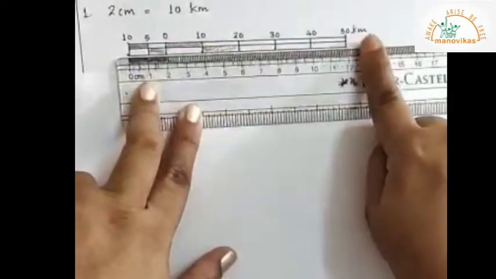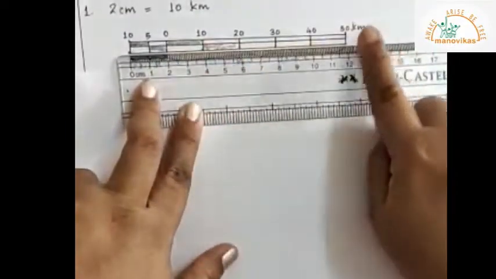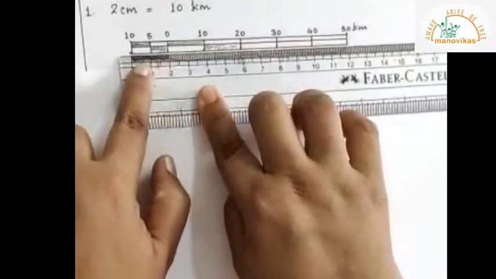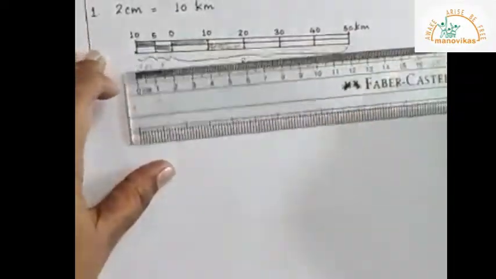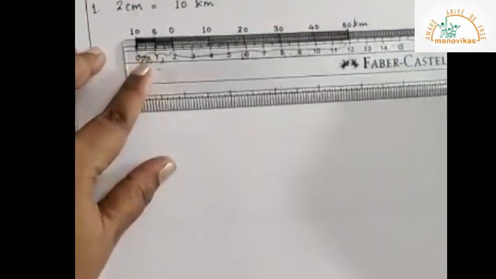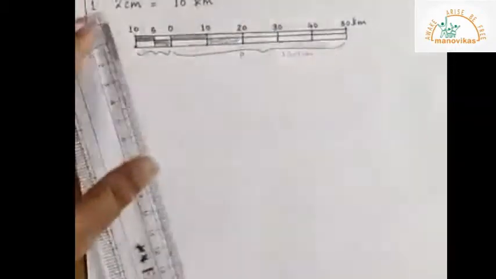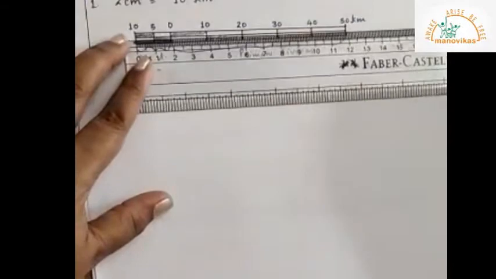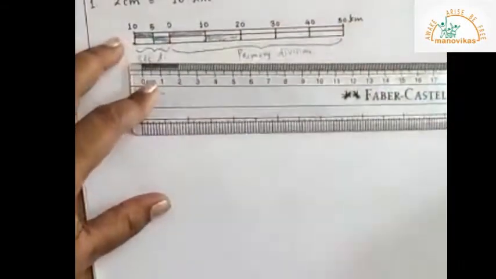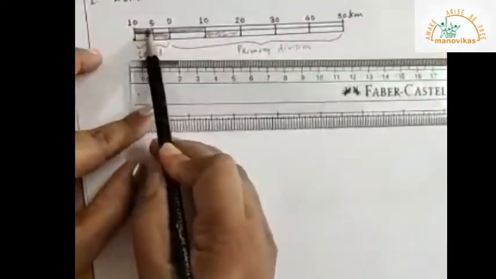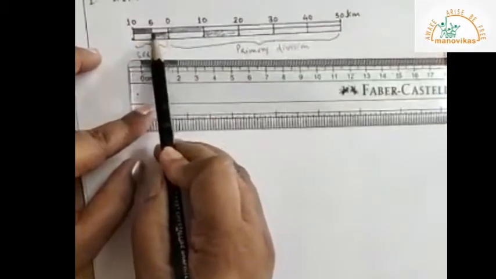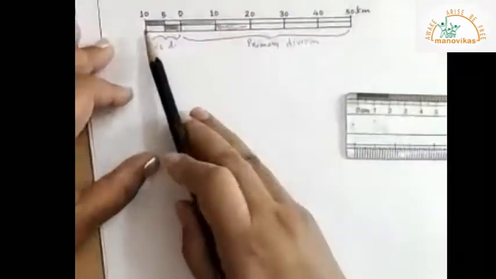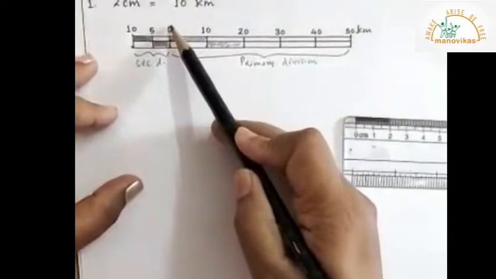All these values which are placed here are the ground distance, and this distance which is drawn here is the map distance. So you have to first draw a straight line, give a double line at the width of half a centimeter, and then divide the line into 2, followed by shading alternate boxes like this. After the first 2 centimeters we always write 0.